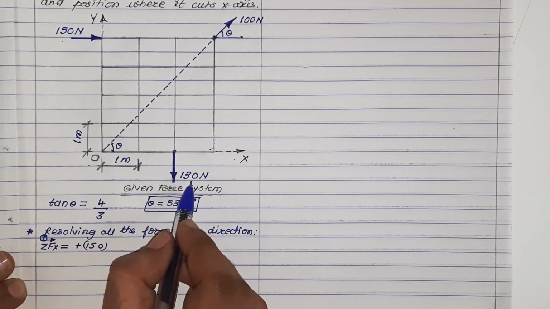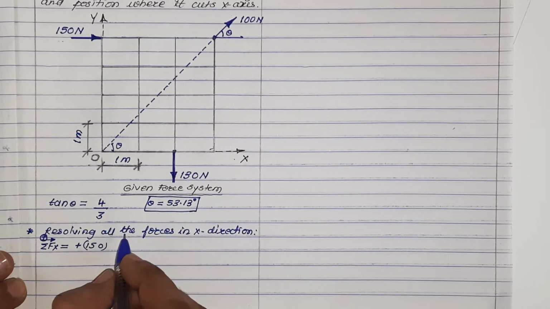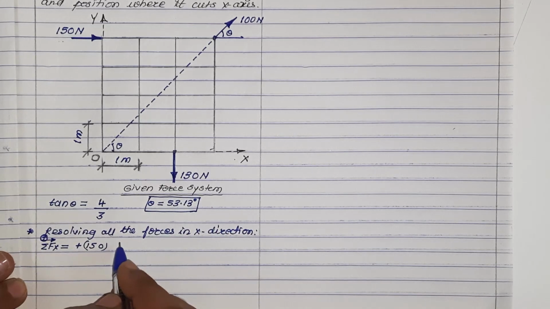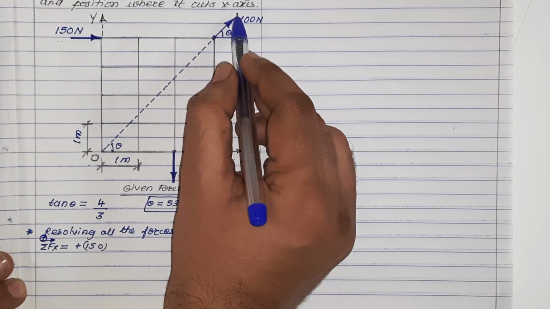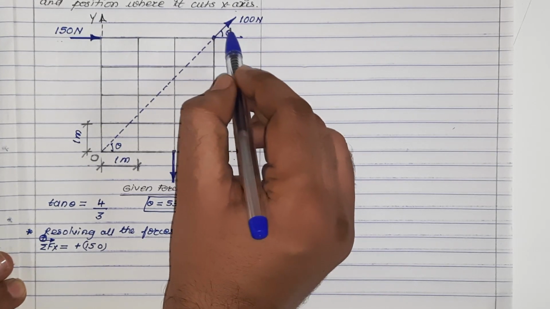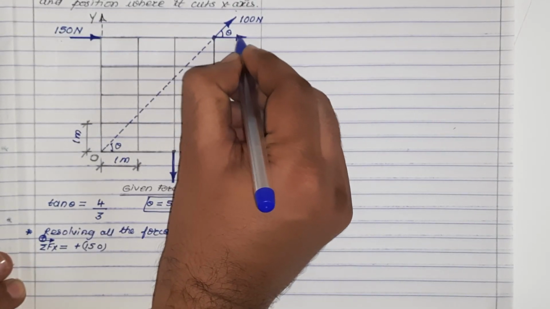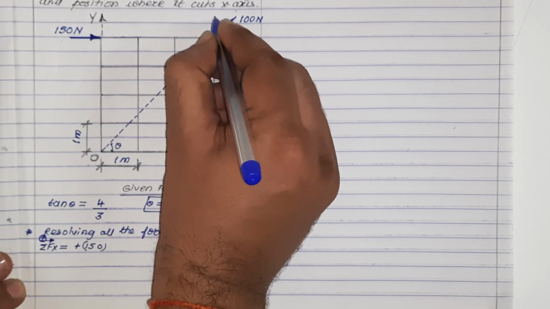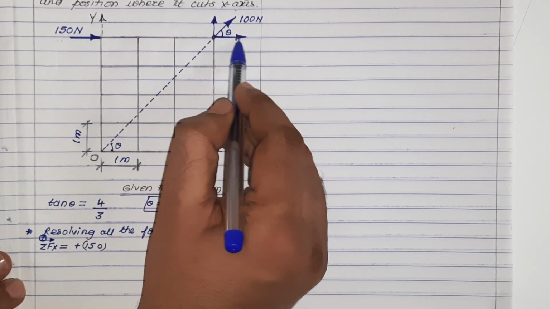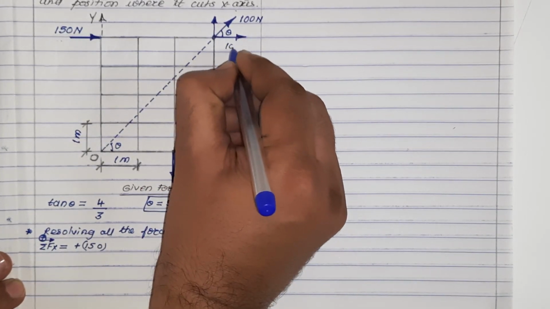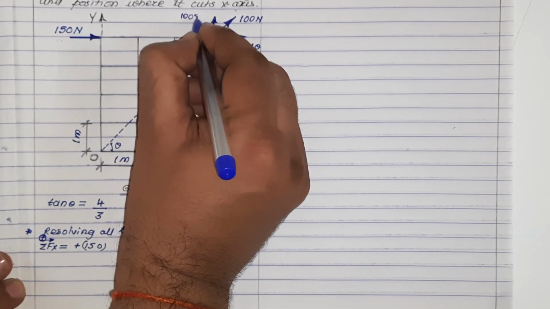The second force we can consider is 130 Newton, which is acting vertically downward. Hence its x component will be 0. Therefore there is no need to write 130 Newton here. The third force is 100 Newton, which is acting inclined. This force is acting up to the right. If you observe this arrowhead, you can understand, right? Hence its x component will be rightward and its y component will be upward. Since angle theta we have found with the horizontal, its x component will be 100 cos theta and its y component will be 100 sin theta.